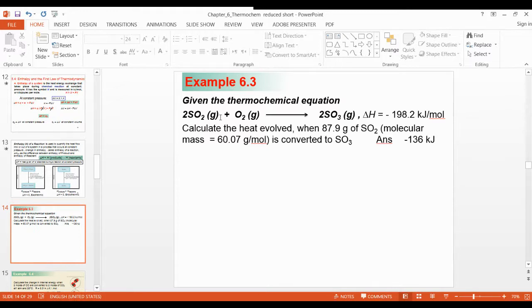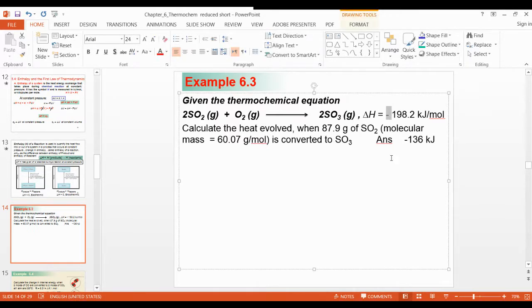This is in gas form. All this sulfur dioxide is combusted. Combustion means burning in the presence of oxygen. That is known as combustion. So sulfur dioxide gas reacts with oxygen and you form sulfur trioxide. 2 mole sulfur dioxide gives you 2 mole sulfur trioxide. And this negative means exothermic, because this much kilojoules per mole of heat is generated. This heat is generated when 2 mole of sulfur dioxide is consumed.